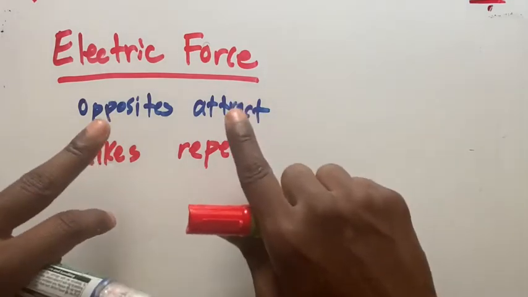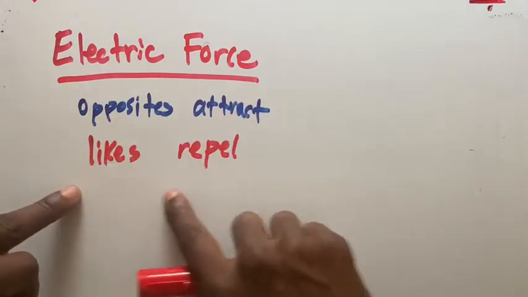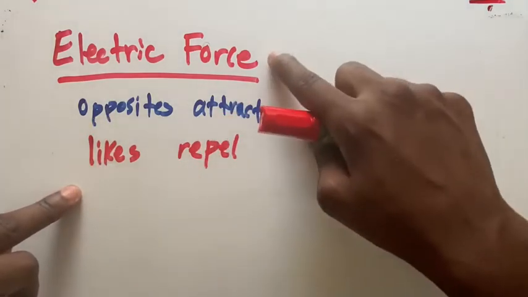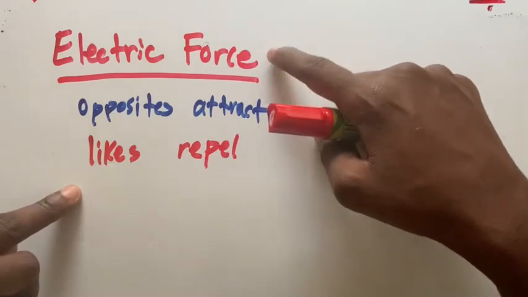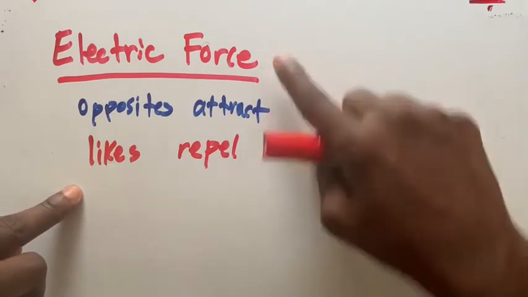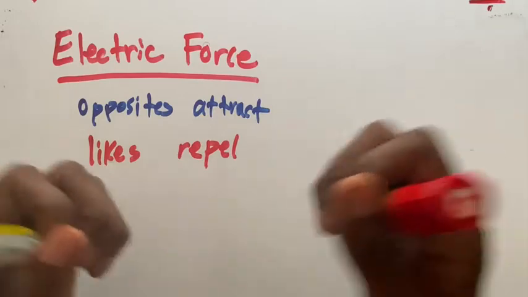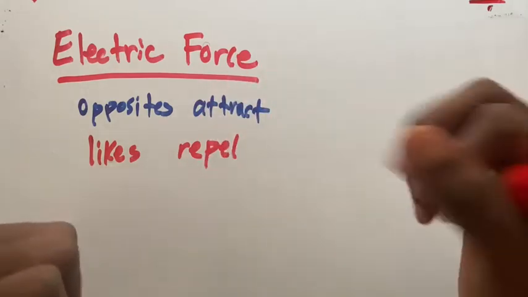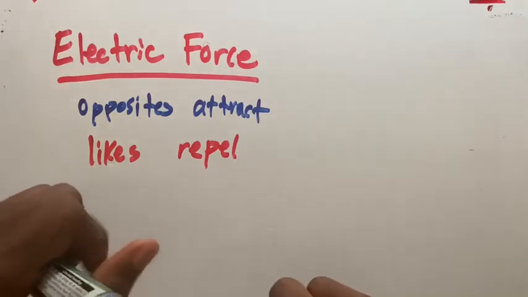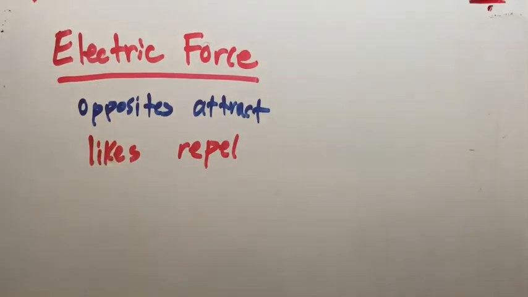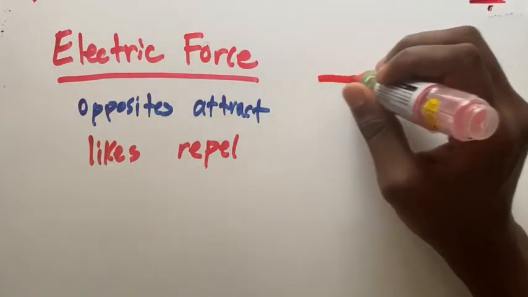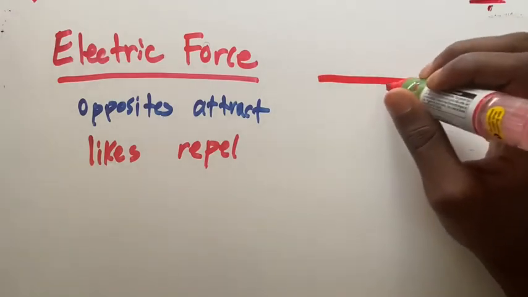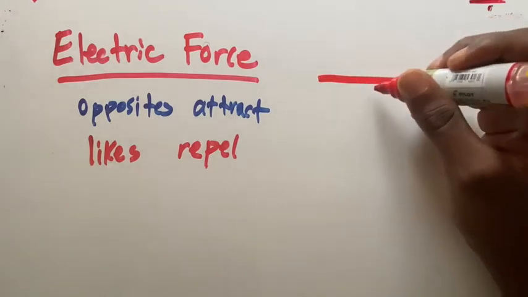And so that attraction and that repelling is a force, right? Because we know a force is a push or a pull. So an attraction would be a pull, so it must be an electrical force, and a repel is more of a push. So that's also governed by the electrical force. So let me draw it out here. If I have basically two charged objects,